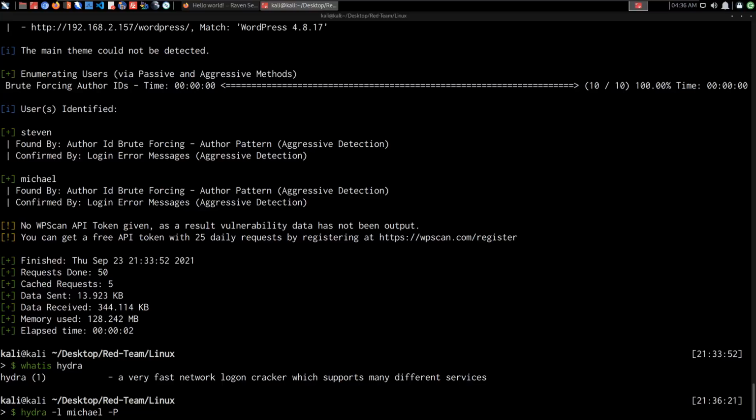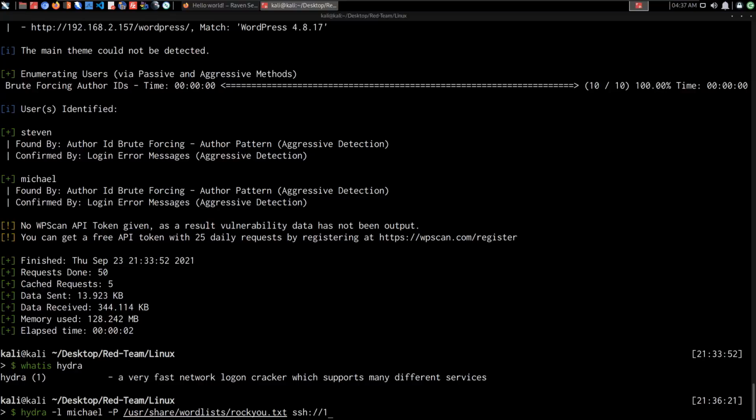In this case, you can create your own word list based on what you think the user's password may be. Alternatively, you could use the rockyou word list that comes prepackaged with Kali Linux, and it has a good amount of commonly used passwords that will give you the highest chance of success, although brute force attacks do not guarantee any success at all. However, in this case, we'll say the directory of the password list is under /usr/share/wordlists, and the name is rockyou.txt. Then what I need to provide is the protocol we're brute forcing,